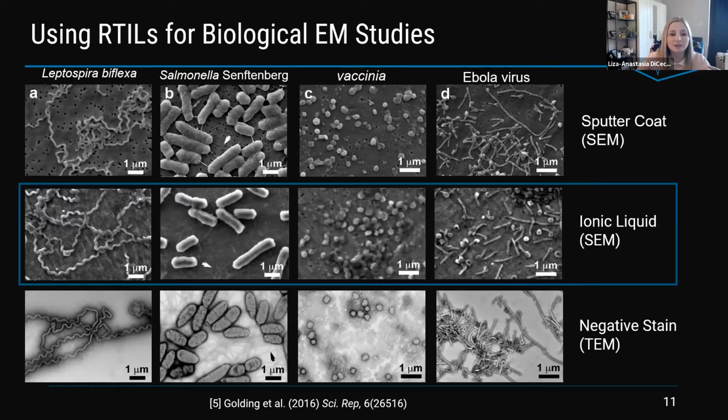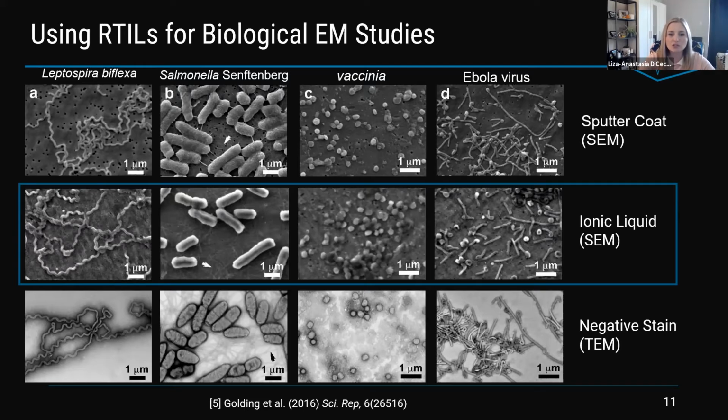Obviously, looking at something wet, sometimes you're not going to get the best of the crème de la crème that you can get when something's sputter coated with a really nice conductive coating, and as well as in TEM too, you have quite the advantage there. But the key note that they show is that they can prepare their samples very quickly. In under an hour, they could get their samples in the microscope.